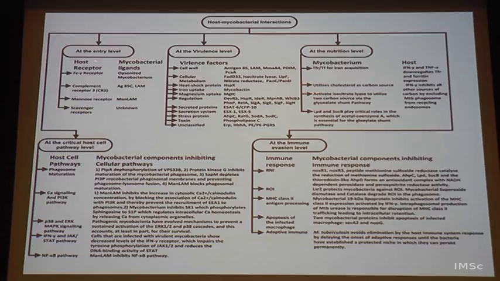And the counterparts, the host receptors that are well known, are the Fc gamma receptor, which is very important for phagocytosis and so on. We have complement receptor 3, important for triggering the innate immune responses. Again, mannose receptors, scavenger receptors, toll-like receptors, all of these are important for immune responses, which I put on at a different level. Then it might also want to gain nutrition from the host.